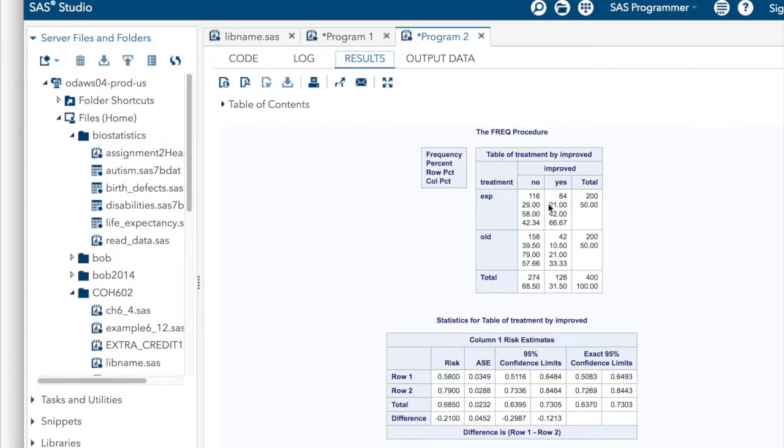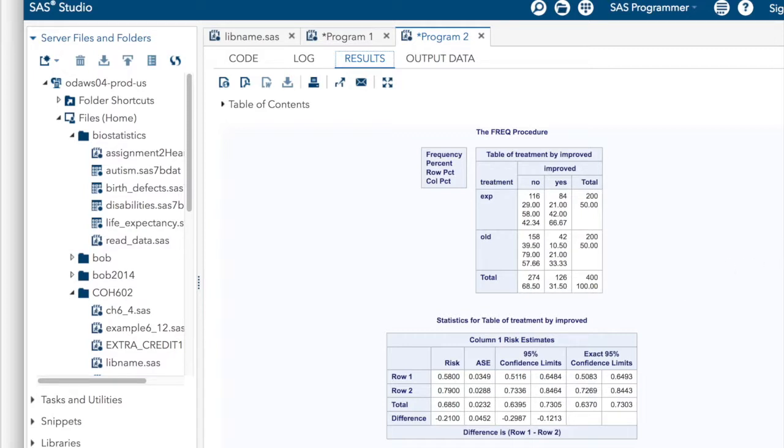And here you see that 58 is the proportion that were not improved for the treatment group, and 79, the proportion that were not improved for the old or placebo group. 42 was the percent that were improved for that group, and 21 were the percent that were improved for the placebo. So let's look first